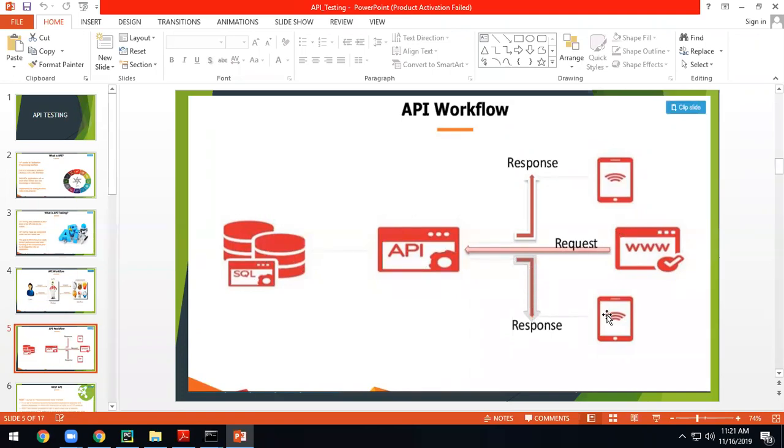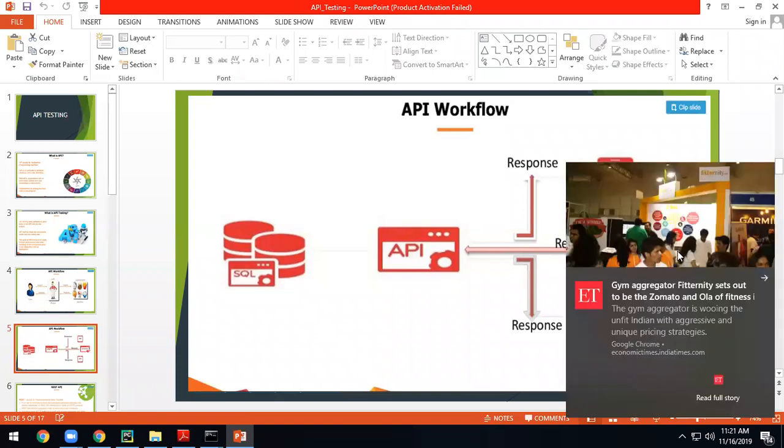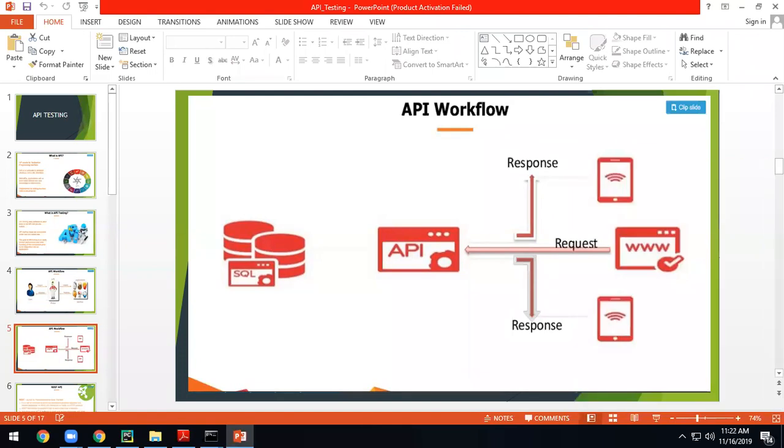You can do this through mobile or something else also, but actual testing can be done through some software. API testing we do. Now this real data can be displayed on a mobile or any application, that is, you would have interacted with some UI. Like Facebook, you send a request and you get a response. So here you are trying to get the data with some software. That we will see.